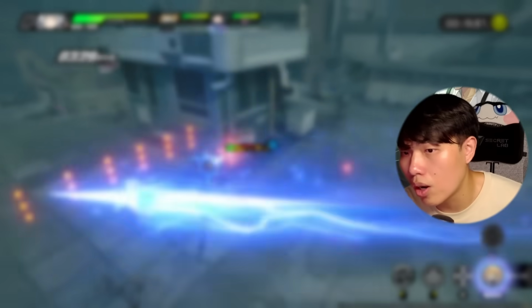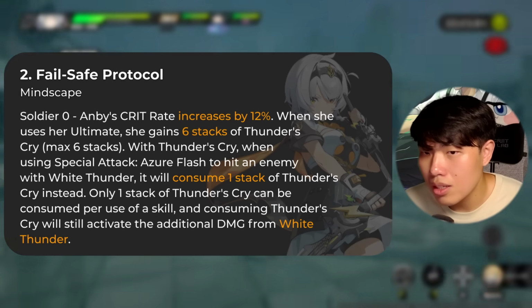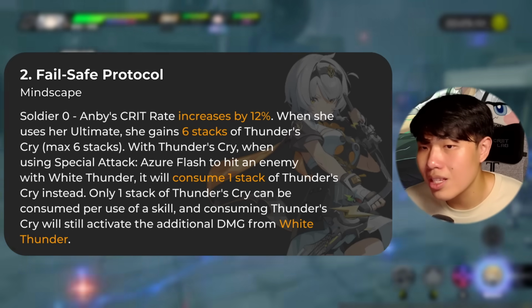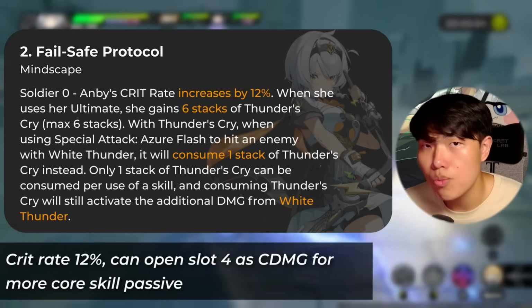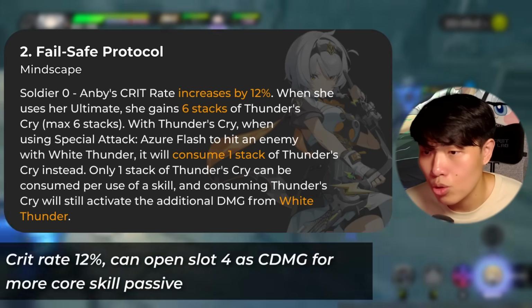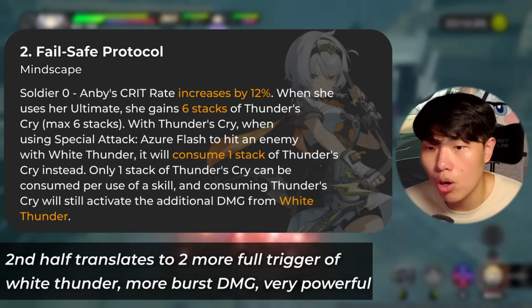Then for the M2, however, it's actually really good. So 12% crit rate increase, as well as getting 6 stacks of Thunder's Cry. Every single time you want to use a special attack to trigger a stack, it will use this Thunder's Cry instead. So in translation, it's basically a 12% crit rate, which means your slot 4 at this point should most likely be a crit damage main stat, which means you can gain even more scaling from your core skills, 30% total crit damage, right? Second half, it translates into 2 more full triggers of your White Thunder,